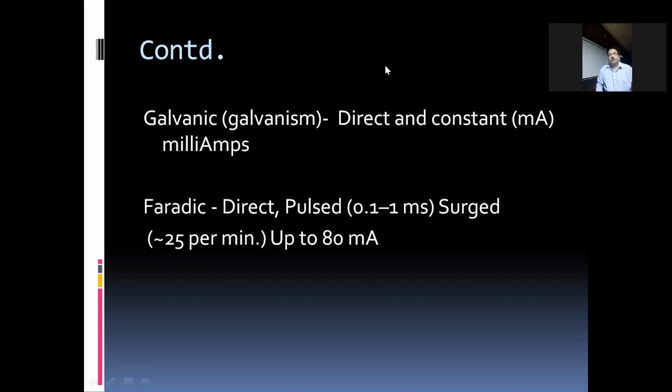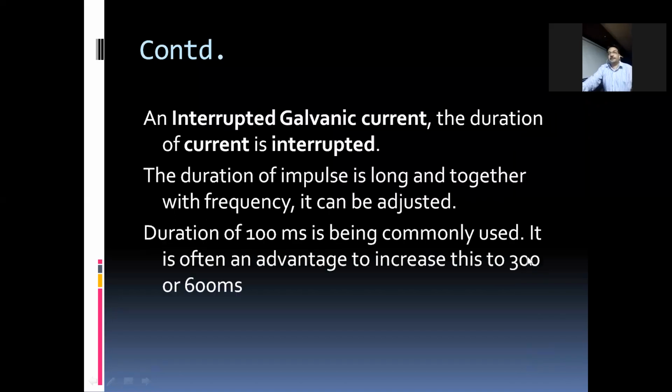Surge faradic current is used in case of weak muscles, like foot flat, like post-operative immobilization, when there is weakness in different types of muscles. And interrupted galvanic, we are using in paralysed muscle. Paralysis may be of wrist drop, foot drop, Bell's palsy, facial palsy, half-sided face paralysis, and polyneuritis. These all are lower motor neuron type of paralysis.